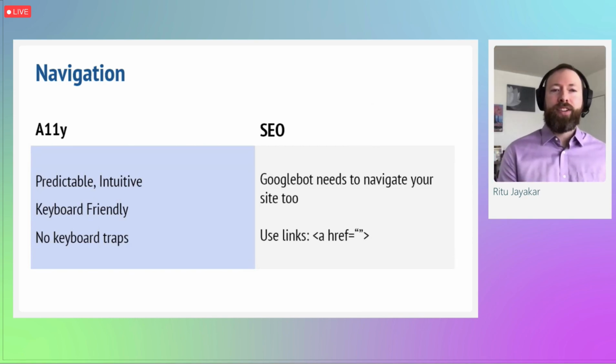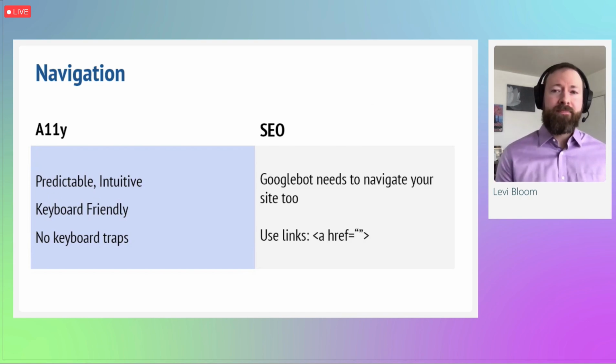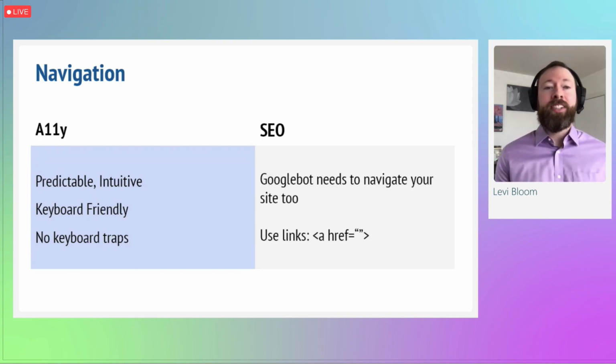As Ritu mentioned, you want to keep a diverse user base in mind while designing your navigation. We talked about Googlebot earlier. Googlebot is part of that user base. Just like a person, Googlebot needs a way to find all of your web pages. As we mentioned earlier, it uses links to do that. So you need these links on your website, and what better way to accomplish that than with the navigation menu?